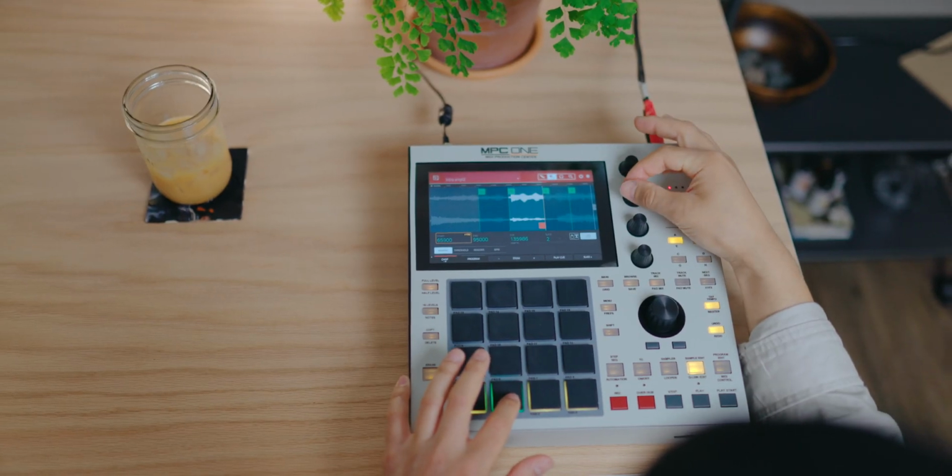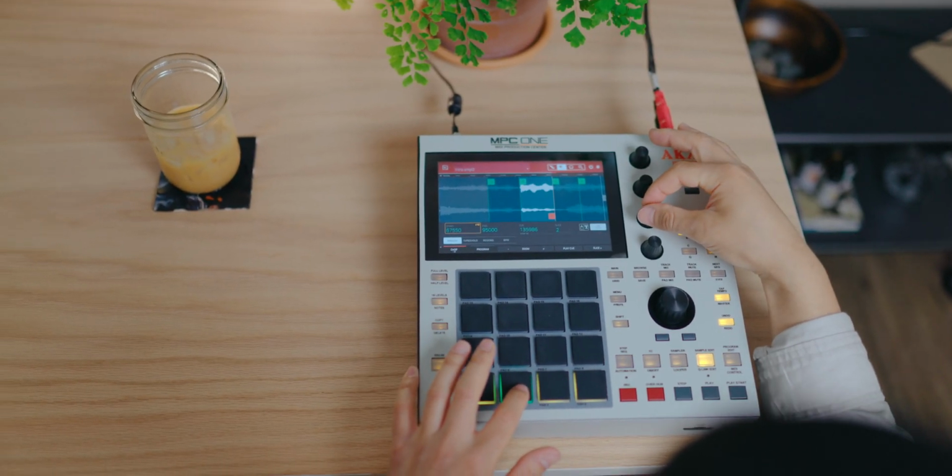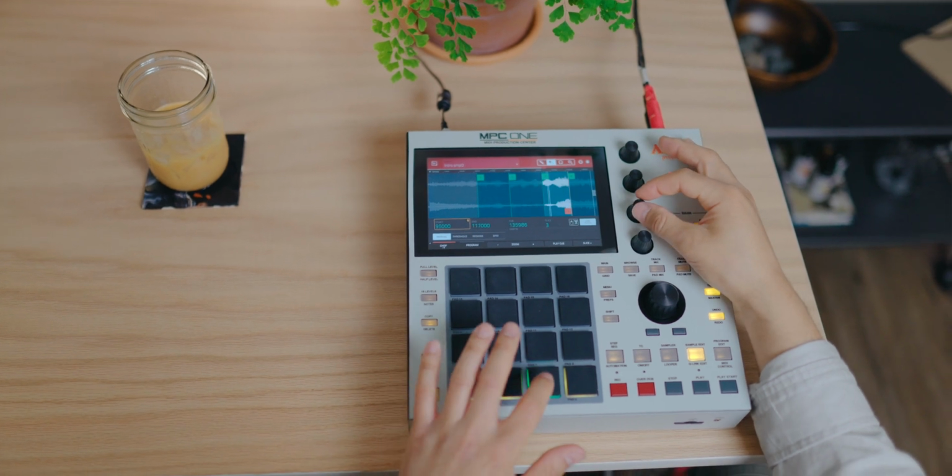I wish I did, but I don't play no keyboards, bass, or guitar or anything like that. My style of music is sampled bass hip hop music, and I enjoy just sampling old records, getting them into my MPC, throwing some drums on top of that, like just kind of recreating music that was already made. I enjoy making music like that, and this MPC ONE honestly will give you everything you need to start making